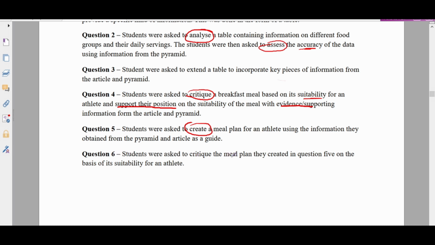Students were asked to critique the meal plan they created in question 5 on the basis of its suitability for an athlete. So here, even what you were asked to present, you have to critique, you have to examine it, and then make, so you would have to examine it and see if it is suitable for the athlete or not. All right, so